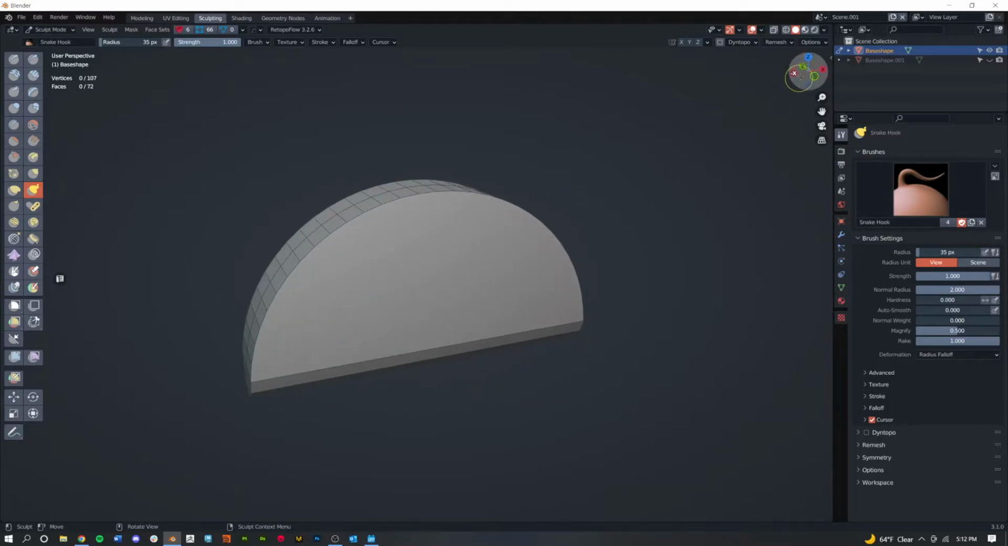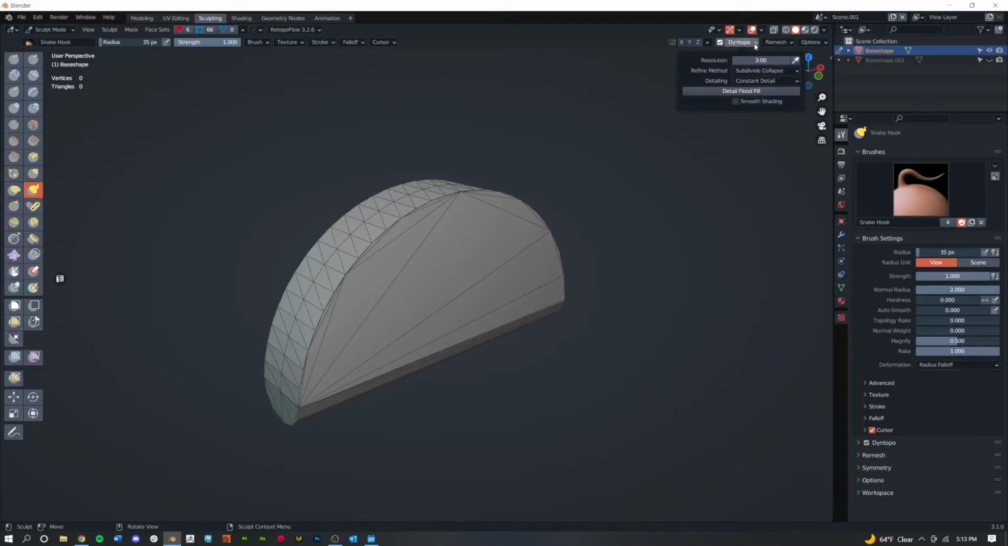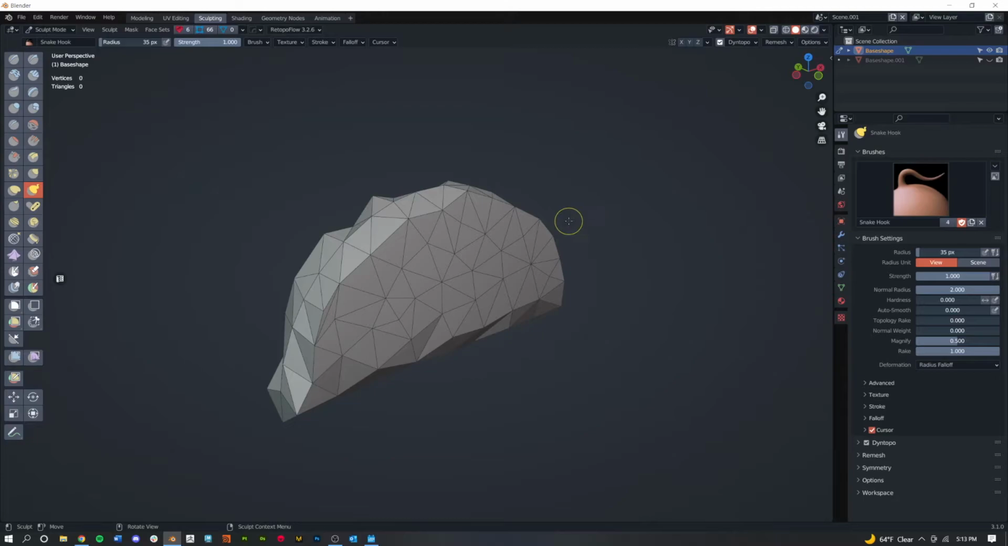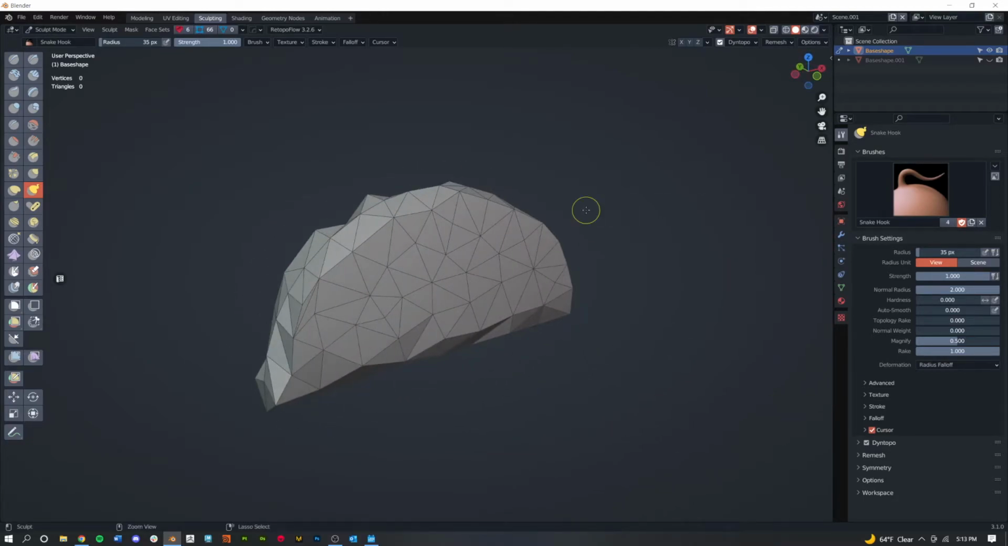So next up, I'm going to enable this thing called Dyntopo. Dyntopo, hit OK, is something where you can see it's going to start to triangulate. So far, it doesn't have even triangles yet. These triangles are really huge, those are ones that are smaller. But I'm going to go down to Dyntopo and change this from relative detail to constant detail. And then you'll notice if I click on this detail flood fill, you see how it starts to destroy the shape a little bit. So I'm going to undo that,